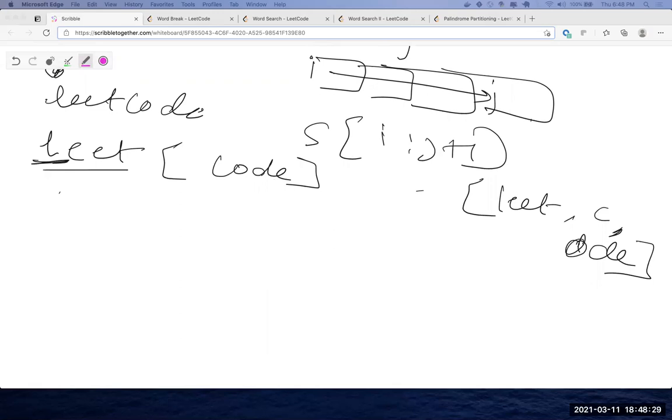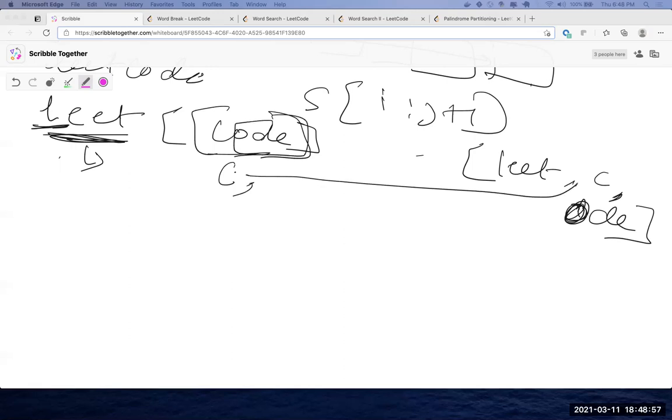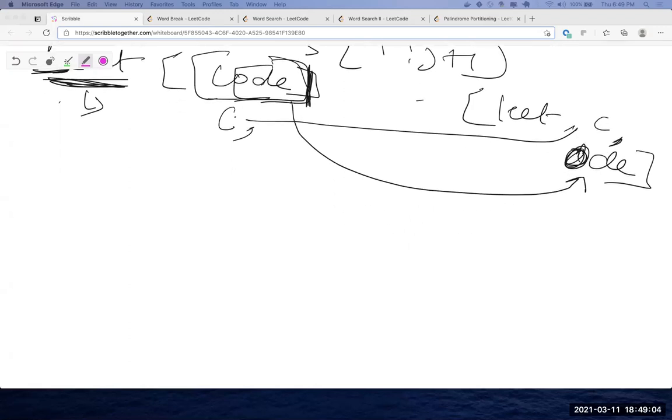After lead was found, since you're passing the next subset, because of recursion you're checking for every next. So basically, c ode: I again do a recursion and try to figure out what the first word is. As soon as I hit c, I'm going to recurse on ode. And if ode is found and I have reached my end, that means I've passed. Clear?